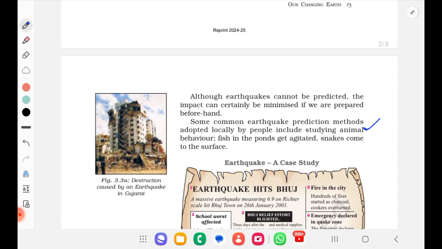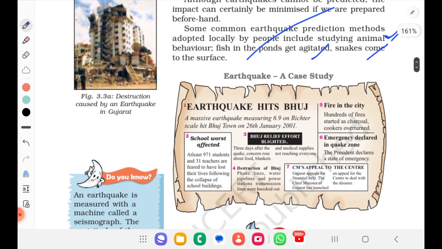So we know, like, if animals are going away from that particular area, we will also sense, okay, there is something ecologically happening. So animal behavior, fish in the ponds get agitated, snakes come to the surface. These are some of the indications. Okay,